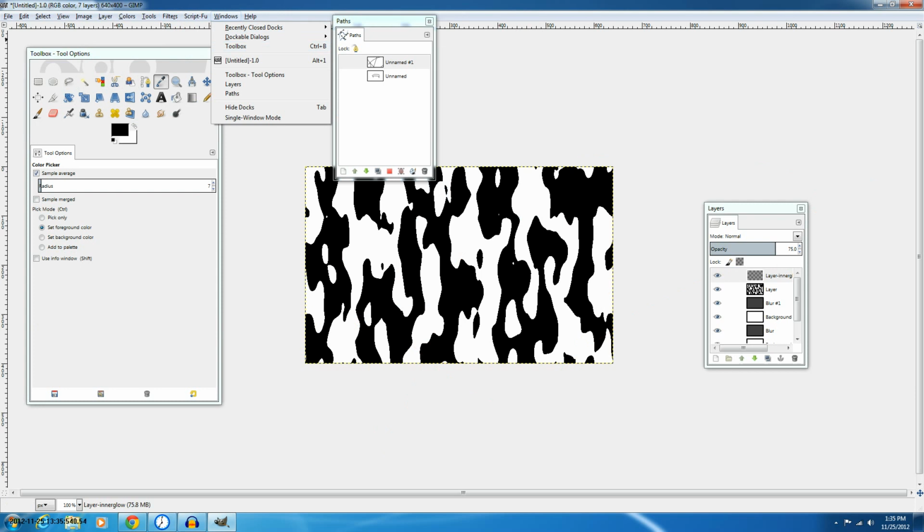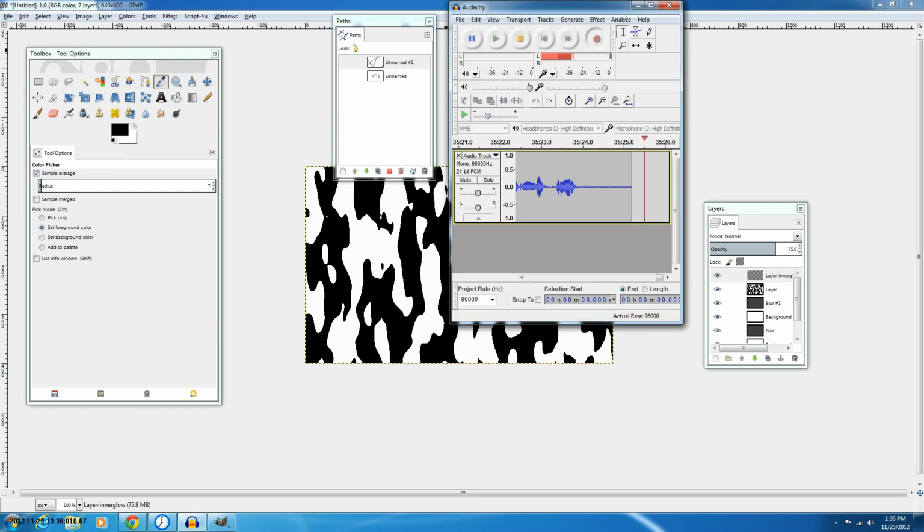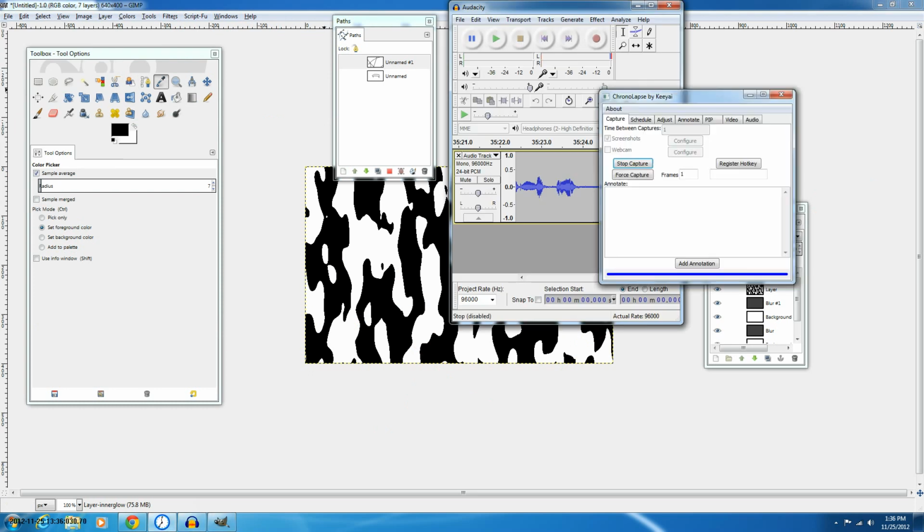There's also a color map. Now there's nothing in here right now because there isn't a lot of color. As you can see, it's only black and white. But if there is, it'll pop up with